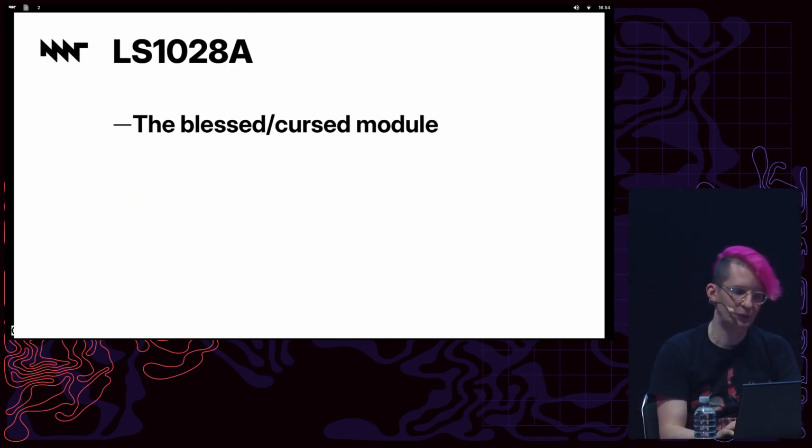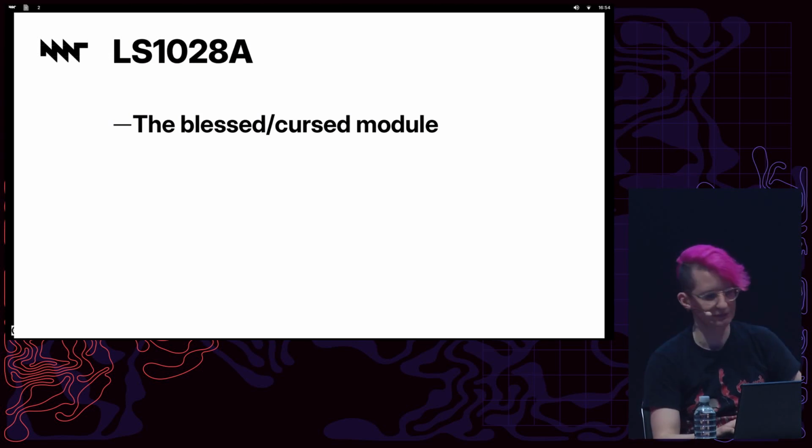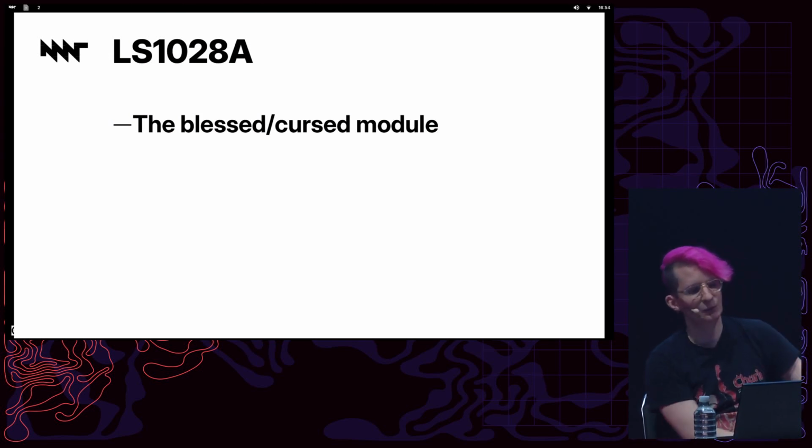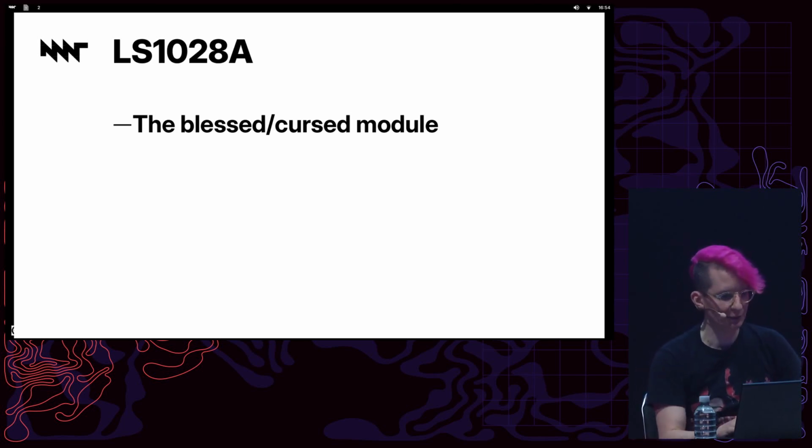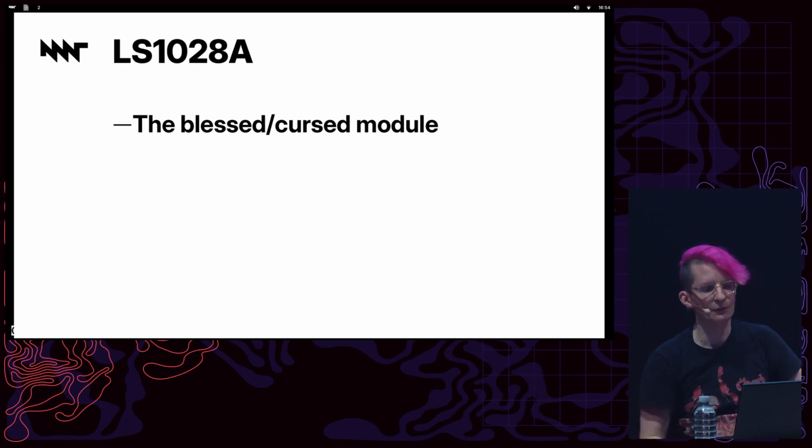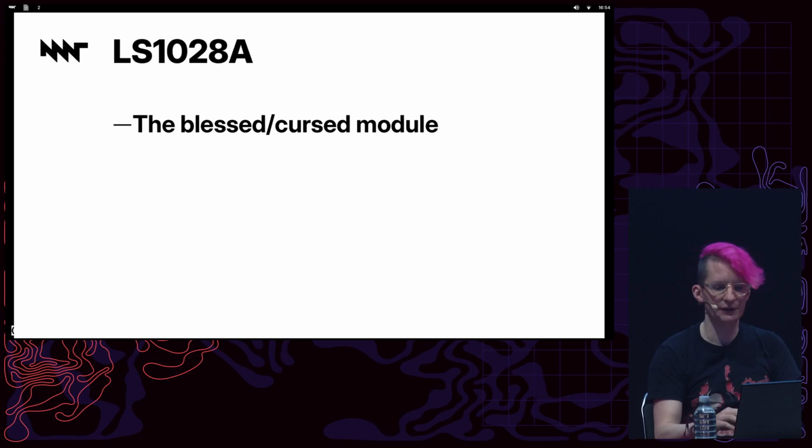The blessed, cursed module. There was a time when the binary blob topic was really nagging me. Also, the Free Software Foundation was nagging us, because some people on the internet were pretty obsessed with this topic. My red line was pretty much like, I don't want to run closed-source binary software on my main CPU. If a peripheral like the memory training needs some closed code to run at boot, then that is very unfortunate, but we'll have to live with that for now.